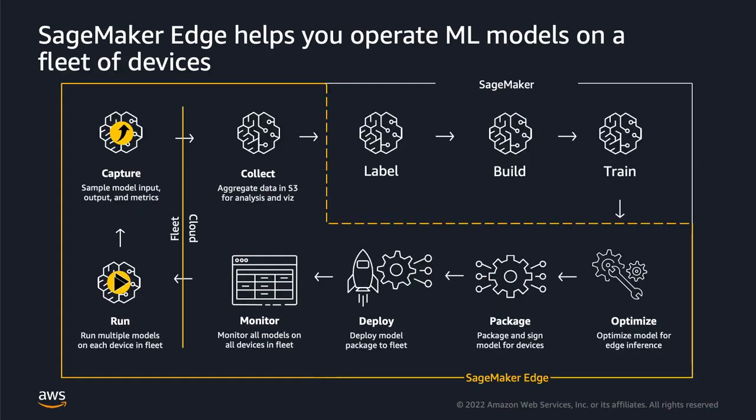Now let's have a look at how this fits into the machine learning lifecycle with edge devices. The initial model can be created in SageMaker. That model then gets optimized and packaged for deployment on a fleet of edge devices. When the model is running on a device, the Edge agent runtime lets you capture data from those models and send that data back into the cloud. The uploaded data can be used to retrain the model for better performance. That updated model can then go through the same cycle again.